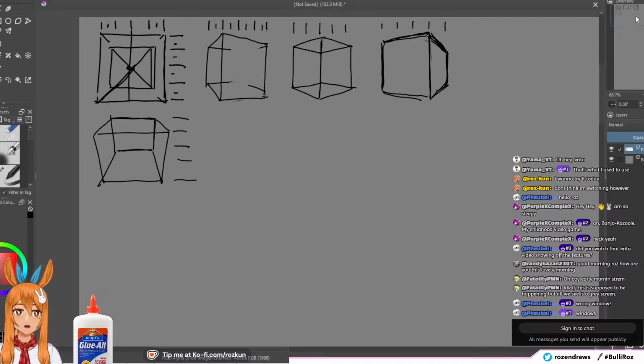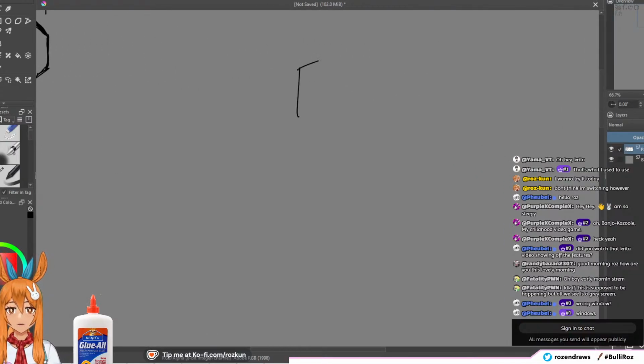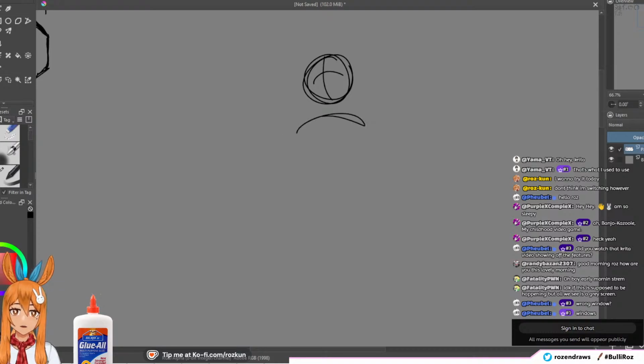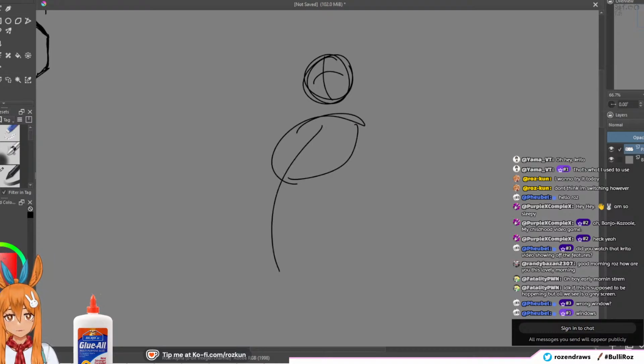And the reason why you also want to practice boxes is that, let's say you're drawing a pose, right? Let's say you're doing this,